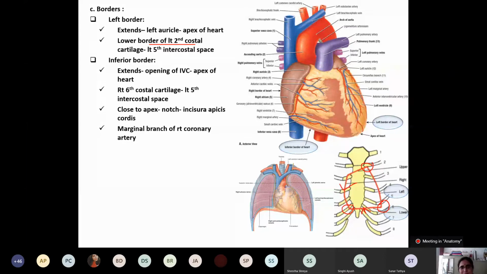And my dear student, in the exam, if we ask to identify the pinned border of the viscera, that is the inferior border, mention the blood vessel running in it. That is a very important question. The blood vessel running in it is, what is the name? Marginal branch of the right coronary artery. This is what you need to write down in the spotter exam.